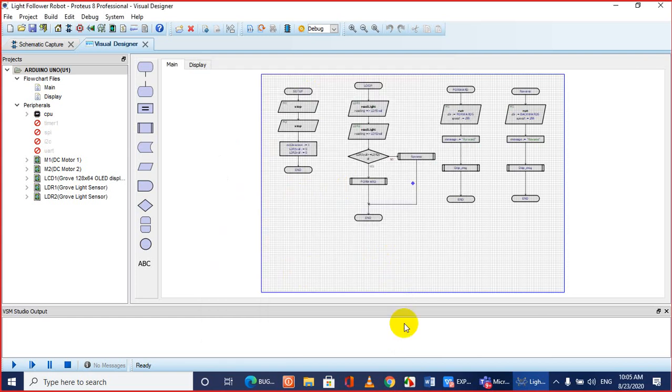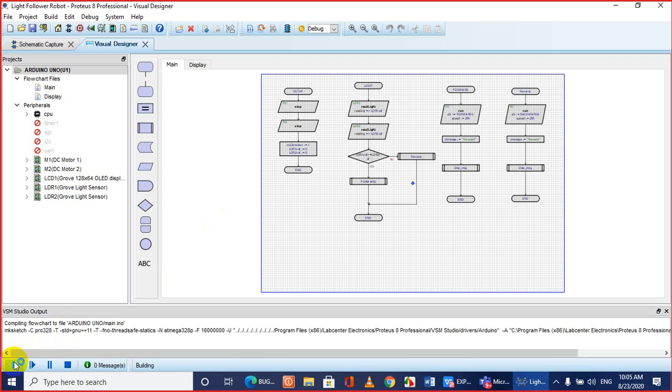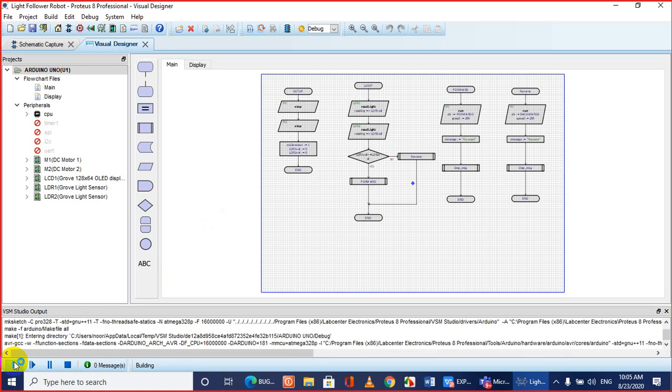Once they are okay, you can run the simulation. So let me run the simulation. To run it, click the simulation start button, the run simulation button. So it is compiling.